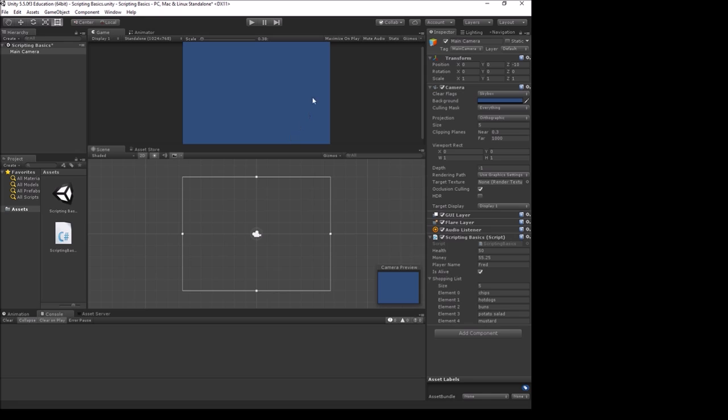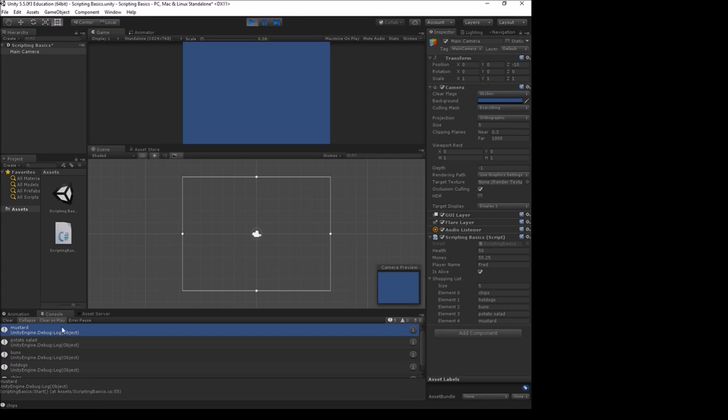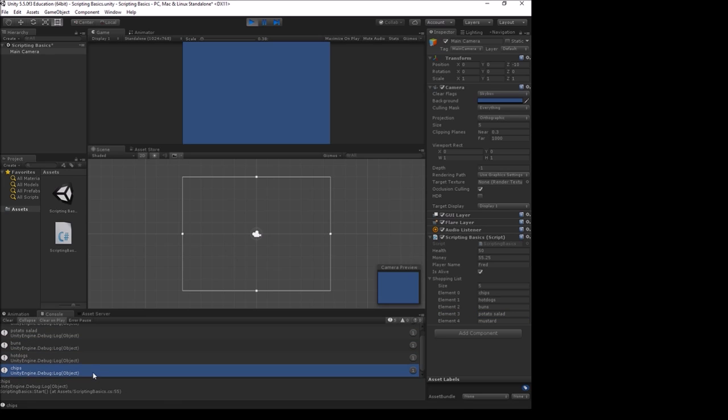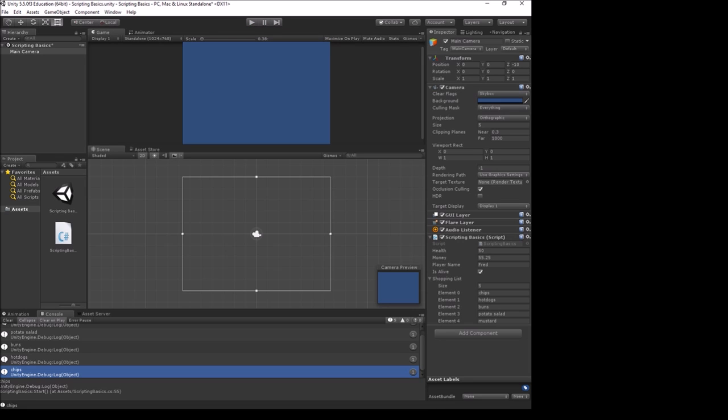Alright, clear out our console, hit play, and this time it started with mustard. See, mustard's in my 4th element here, but it printed it first. Then it went to potato salad, okay, buns, hot dogs, and then chips. So it went through it backwards. And so some people like to loop through lists forwards, some like to loop through backwards. It depends on what you're doing and kind of personal preference as you go through, but that is basically how